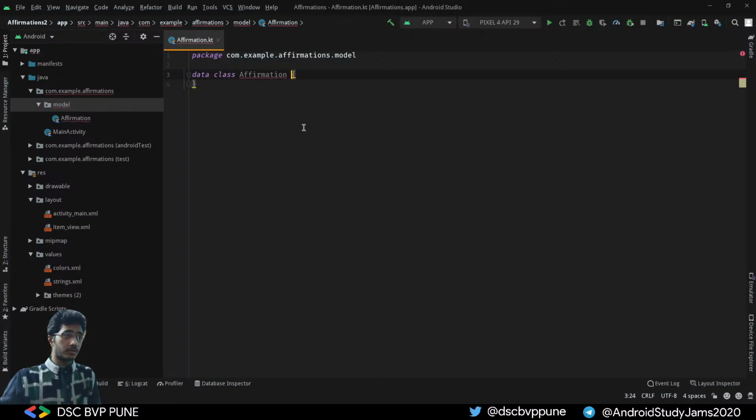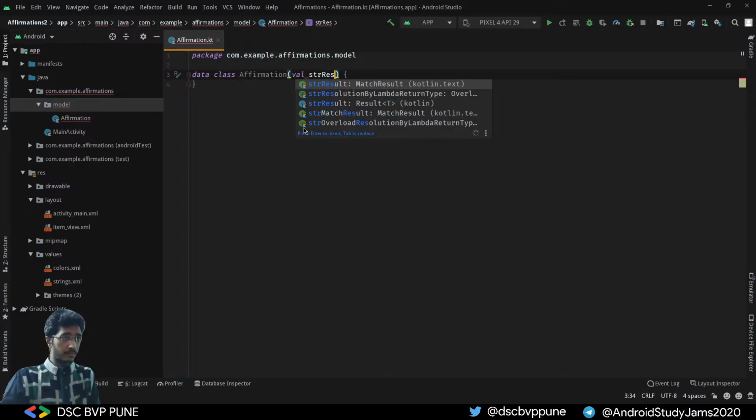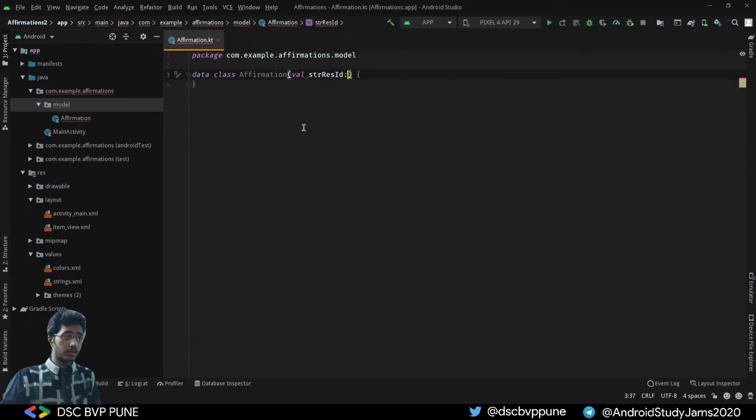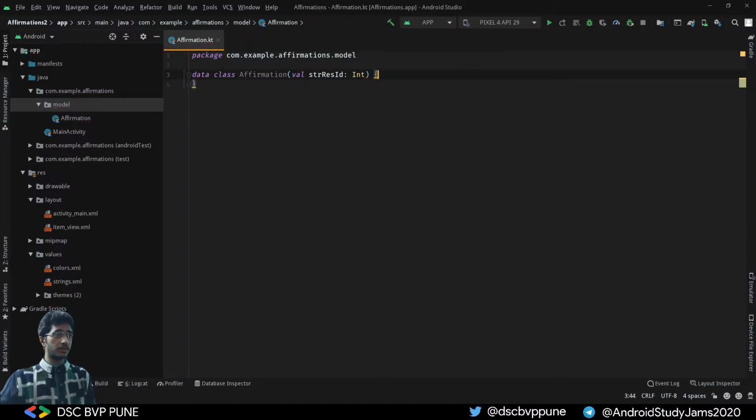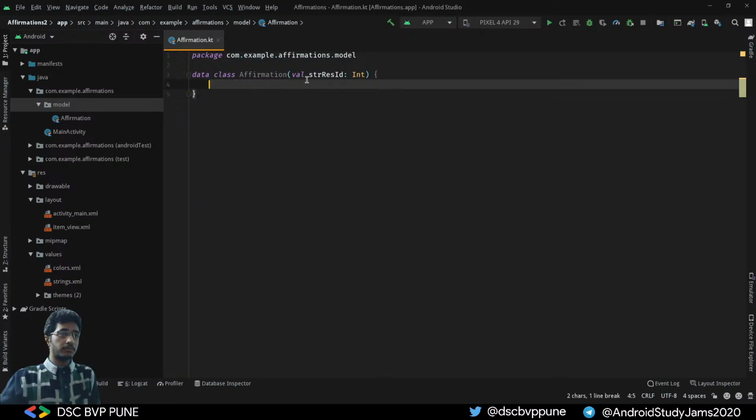Data class Affirmation, and we want to create a default constructor, passing a string resource ID as an Int. This will reference the strings of our data class, and then we will simply delete our body